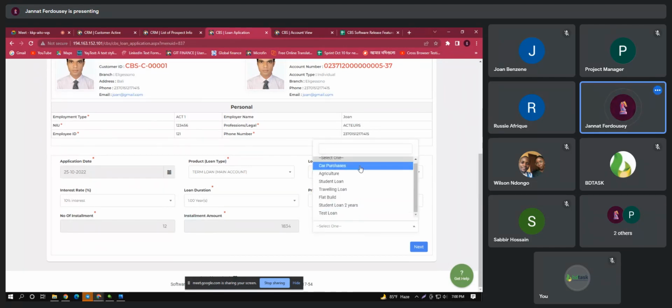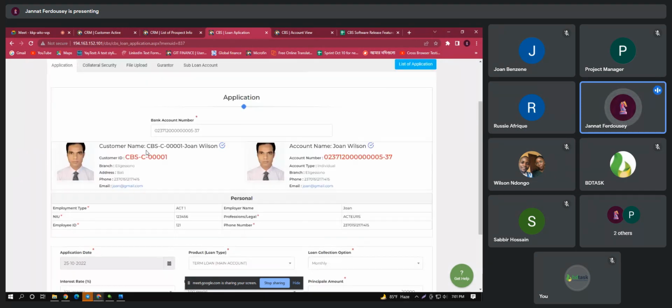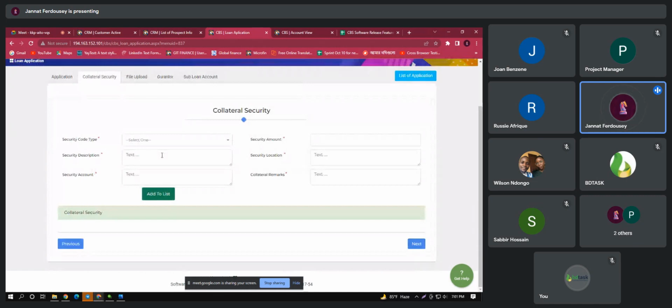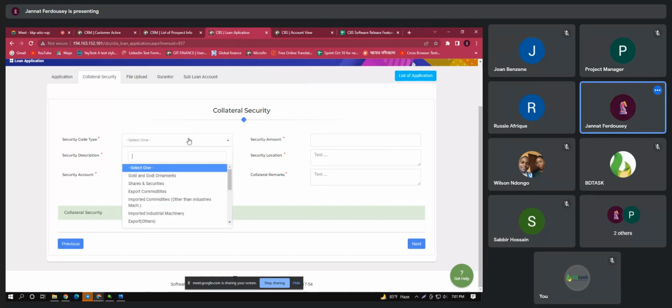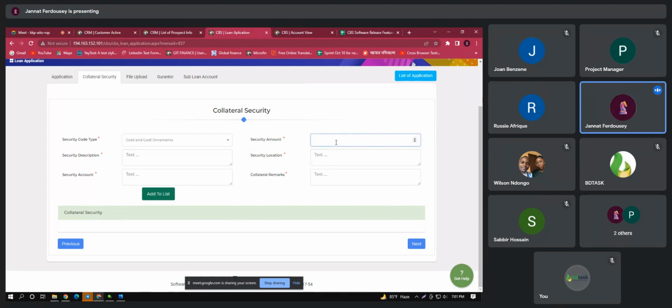Let's say car purchase. Okay, so this is filled up. So next, go to the next step. In order to take a loan, we need to give information about collateral securities. So we can handle this from this form, like security code with golden ornaments, security amount, let's say 40,000, security description, let's say jewelries,